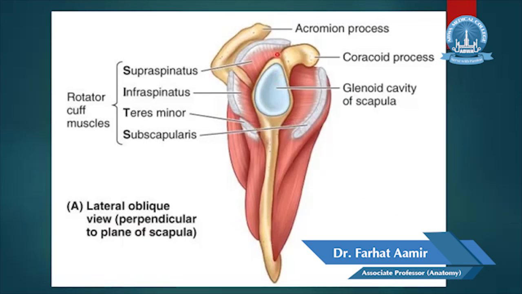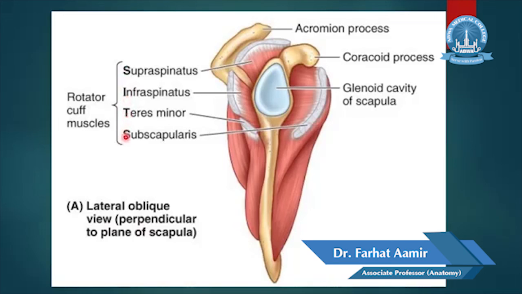Okay, and there are four muscles which are forming the rotator cuff. This is supraspinatus, this is infraspinatus, this is teres minor muscle, and this is subscapularis muscle. So they wind around and form a rotator cuff around the shoulder joint. That's why they are named rotator cuff muscles. And see here, SITS,